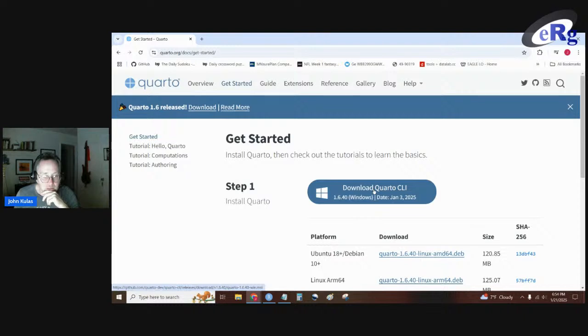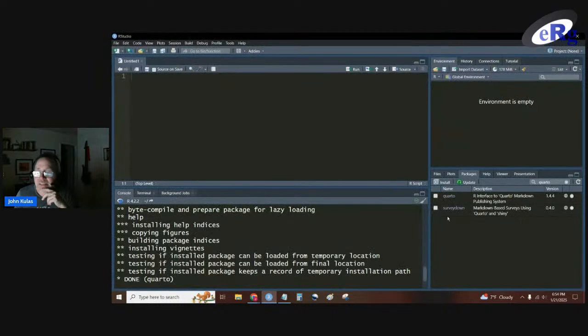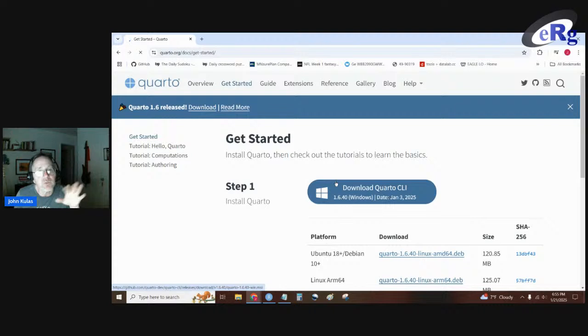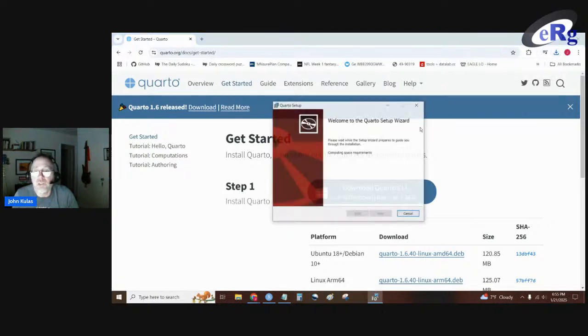The last one I remember very distinctly was 1.4, because the package unfortunately is kind of trending in the same version number, and so it was a source of confusion for us when we first started playing with Quarto. But I'll go ahead and do that installation. So make sure you have R, make sure you have an IDE like RStudio, download the Quarto package, and then look for the Quarto installation separate from R. So this is entirely something that happens independent from R itself. It's a separate piece of software that you want to install on your computer.